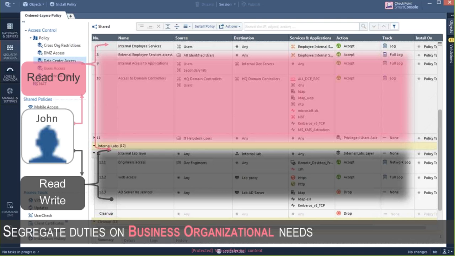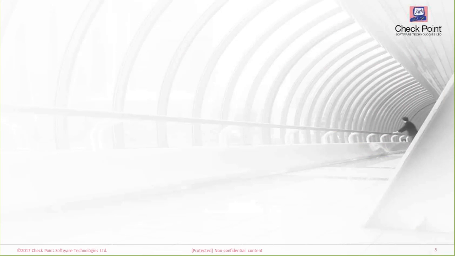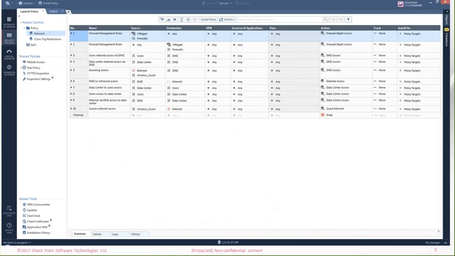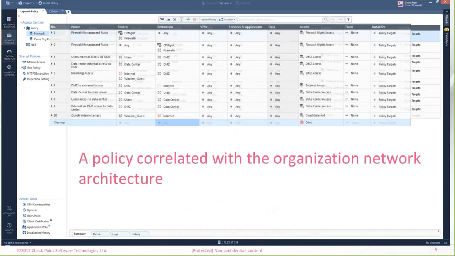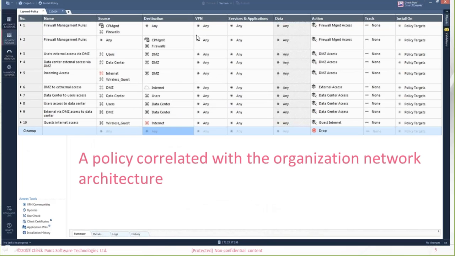And in an ideal world, we want to facilitate our rule base, leveraging inline layers so that it mirrors the network architecture. So if we have a look at this slide in front of us, we can see that all the rule base here are followed by an inline layer. So a packet only has to evaluate 10 rules, 10 parent rules, okay,